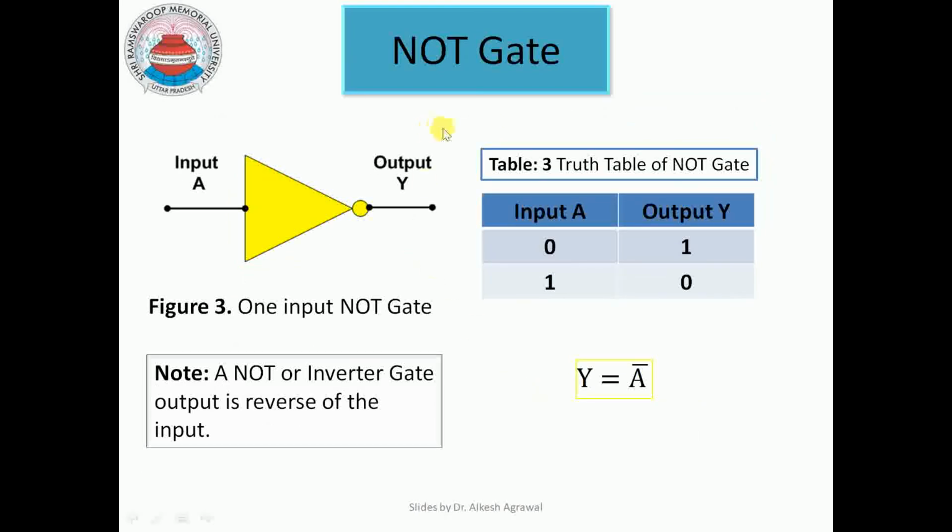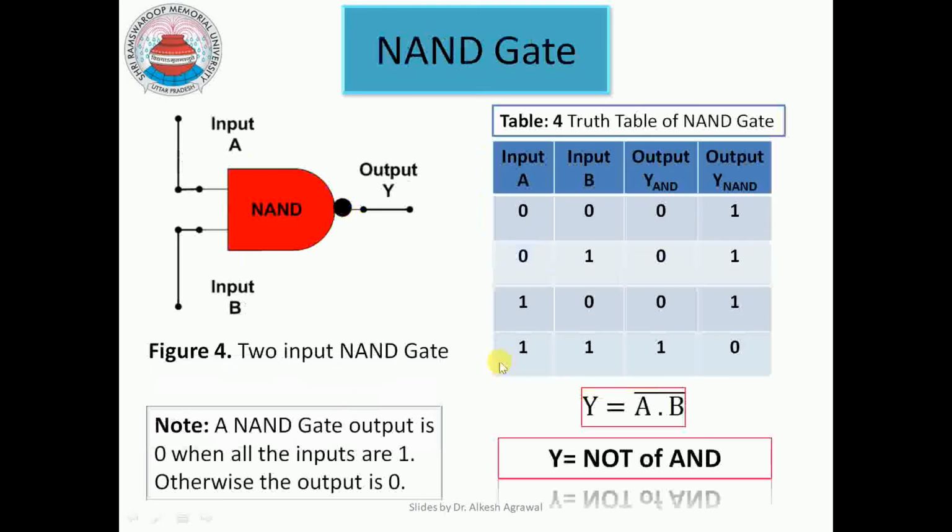If we move on to next gate, the basic gate is NOT gate. This is very simple gate. This is the block diagram of an inverter gate or NOT gate. What we give as an input, we obtain inverse as output. If input is 0, we get output high. If input is high, we get output as low. So this is the Boolean expression y is equal to A bar. So what is important is we get the reverse output of what is being given at the input.